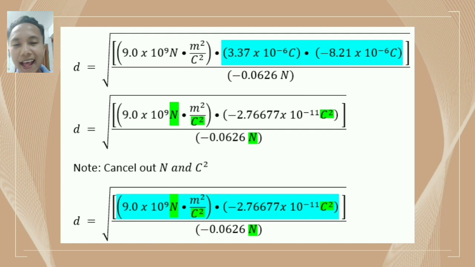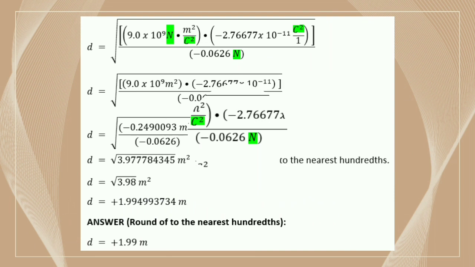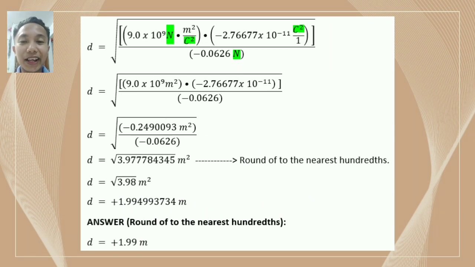The Newton, and the Coulomb squared. Okay, multiply Coulomb's law constant to negative 2.76677 times 10 to the power of negative 11 Coulomb squared, and you'll get negative 0.2490093 meters squared. Then divide it by, of course, the newtons, which is negative